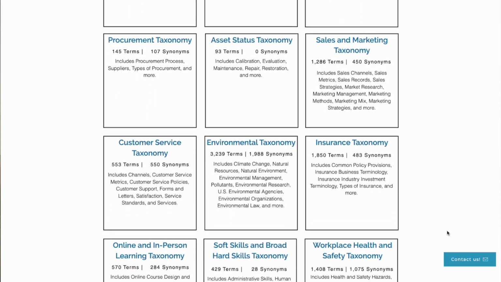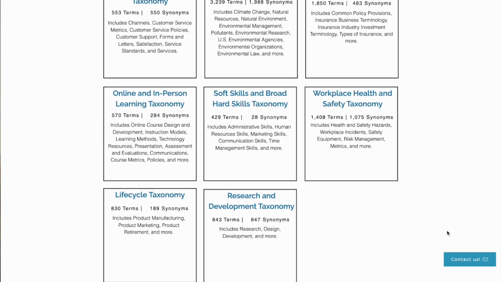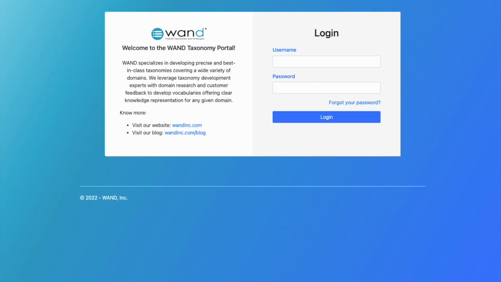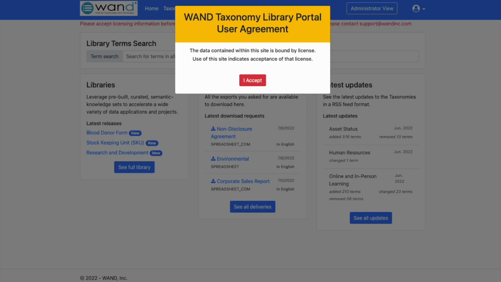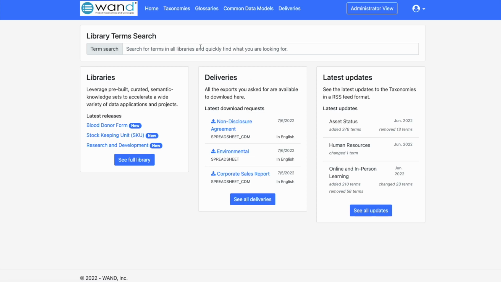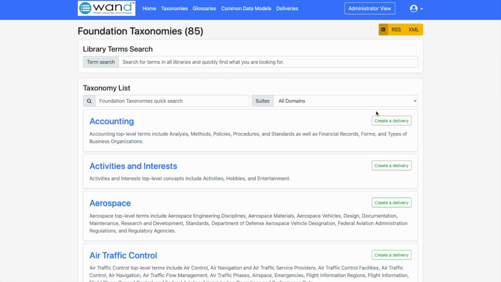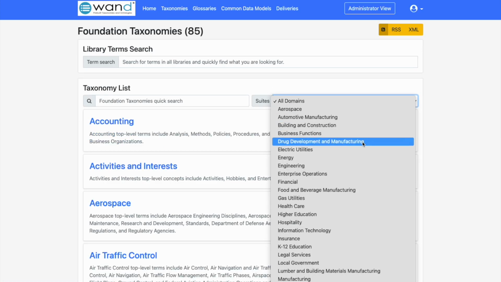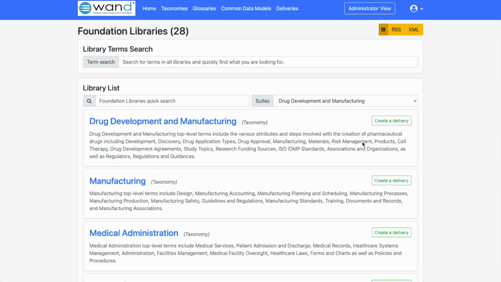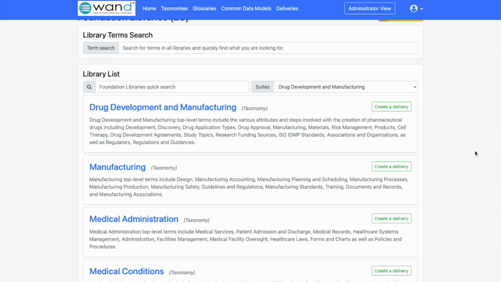The download, delivery, and access to our taxonomies takes place on our WAND taxonomy library portal. Each of our clients gets a username and a passcode. Once logged in, you'll be able to go to the taxonomy library, and we're interested in the drug development and manufacturing taxonomy suite. These are the metadata models that will address all of the domains of knowledge within your business: